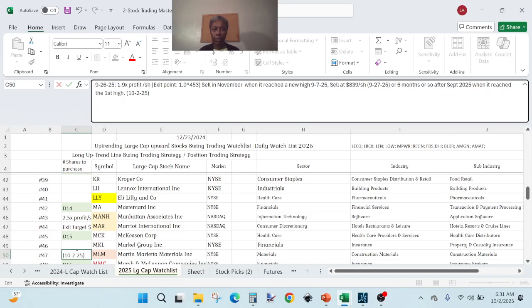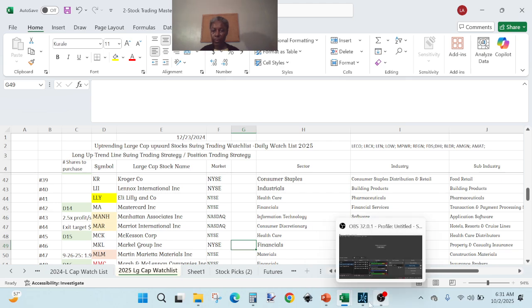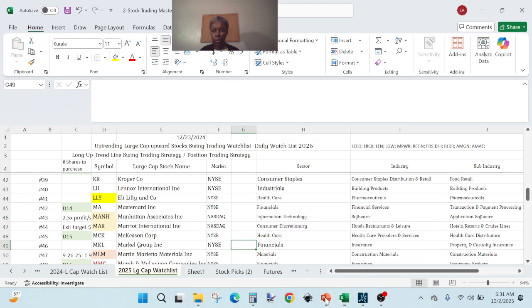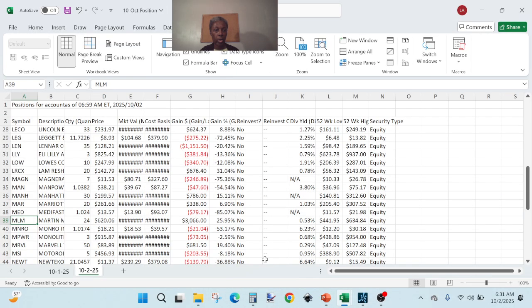So even though we have a good profit in there, we are not going to sell it. And that is pretty much the analysis that we'll do with those stocks that are positive, when we wonder if we want to sell it. And once we are done with those, let's say you want to sell it,